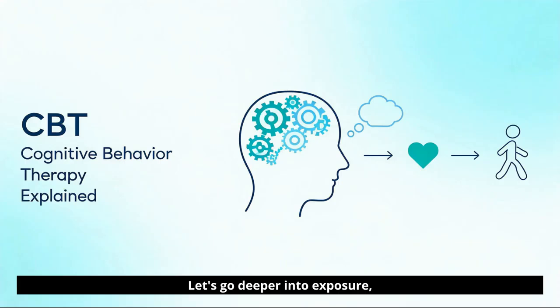Let's go deeper into exposure, which is central when working with anxiety disorders, panic, phobias, and OCD. The core learning principle here is that avoidance prevents clients from discovering that feared outcomes are less likely or less catastrophic than they expect, and it prevents natural reduction of anxiety over time. You start with psychoeducation. You explain how anxiety spikes when a person encounters a trigger. But if they stay in the situation without escaping or using safety behaviors, anxiety usually peaks and then gradually declines